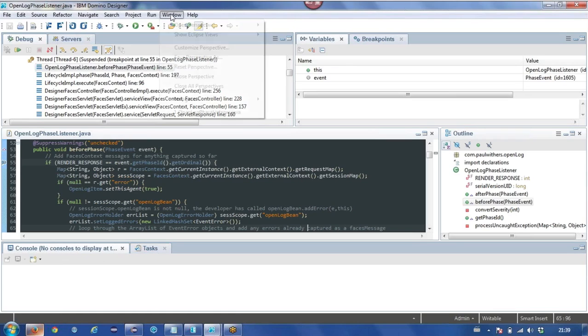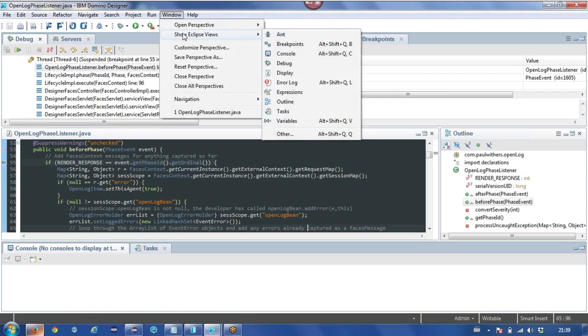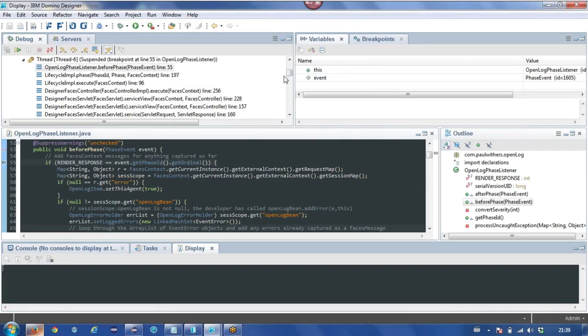There's another one that you want to add in there, and that is display. This allows you to actually run code on the fly, and that needs to be a return value. So this is where you can actually do doc.getItemValue string to find out what values are.